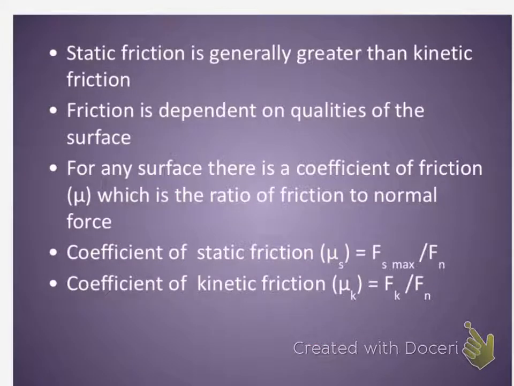Talk about this conceptually, and then we're going to introduce the coefficients, and then we're going to start calculating. So static friction is greater than kinetic friction. It takes more force to overcome that static friction than it does to keep an object moving that is moving. And it's all about the qualities of the surface. So the floors that we have in this building are really weird. They are slippery to some things. They are very, very high friction to other things because it's about the surface pair.